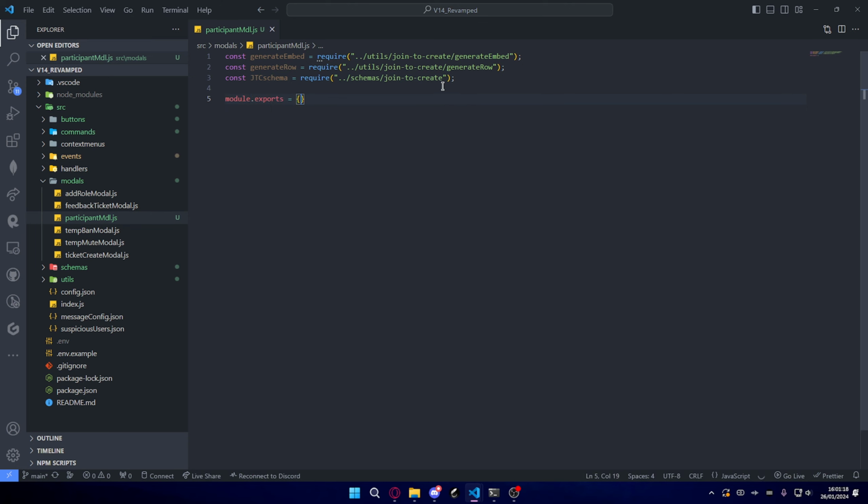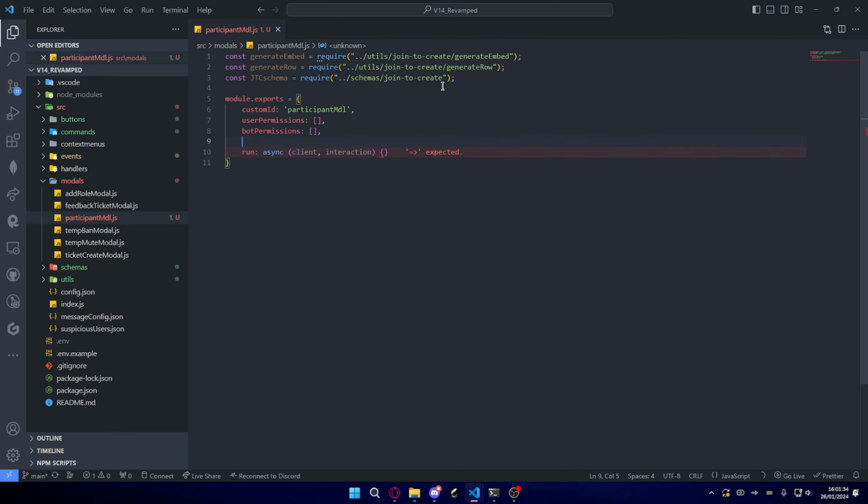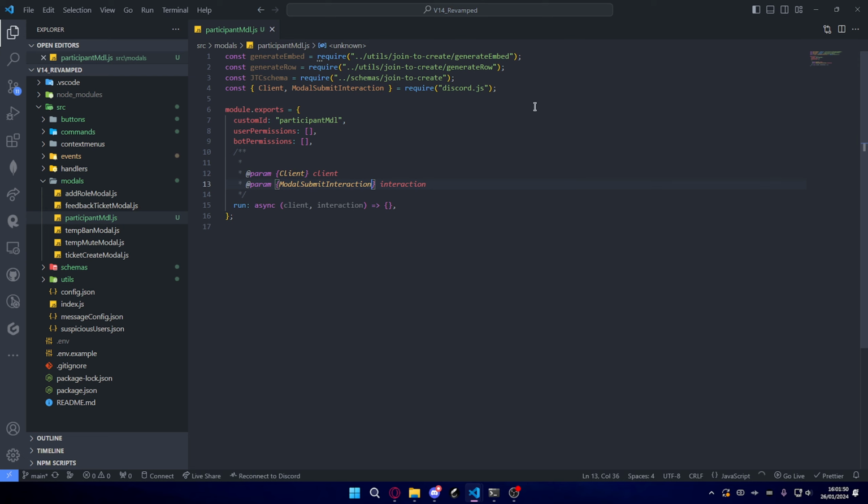Module.exports equals customId participant modal, and we'll do userPermissions, swap permissions, and we'll do run async client and interaction, and we'll obviously also do a type annotation. We'll do Client and ModalSubmitInteraction,